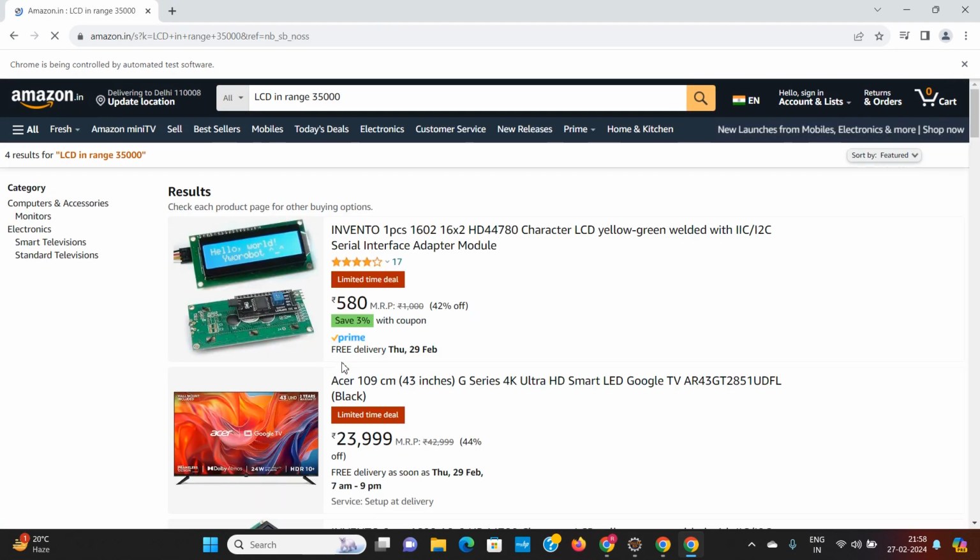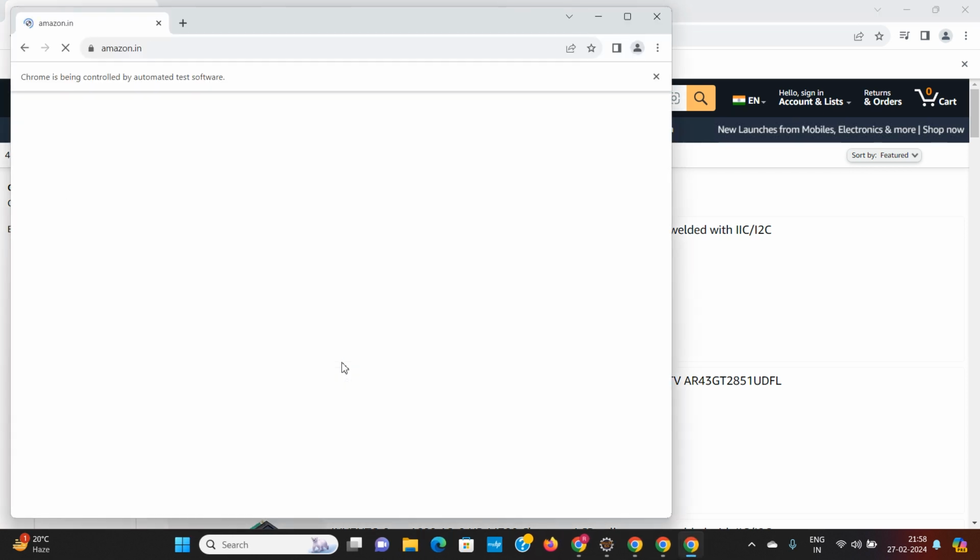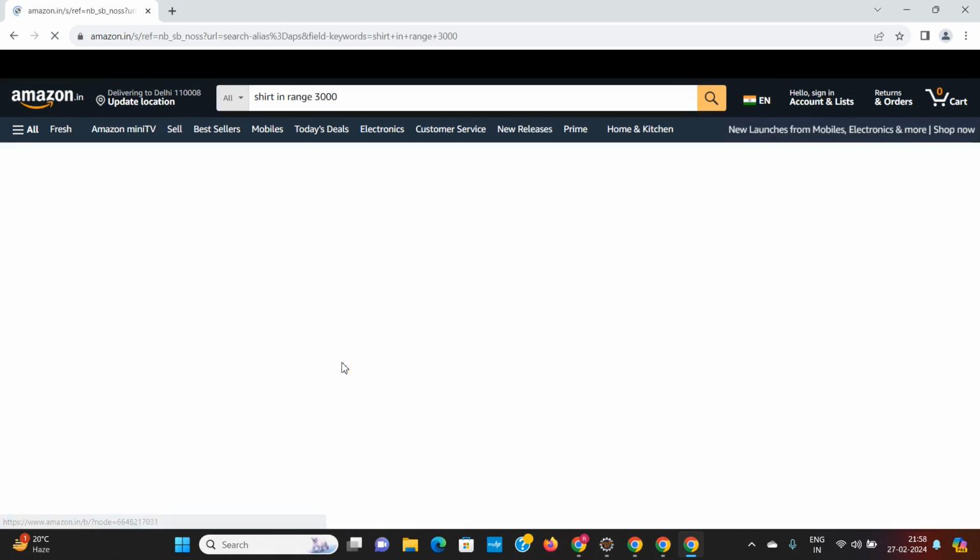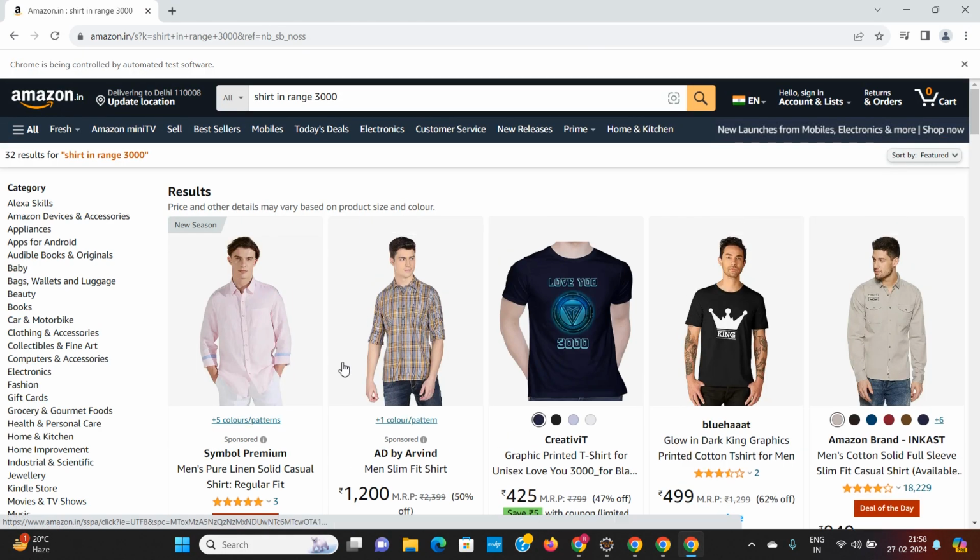Again, a second browser is opening up, and it is searching for LCD in range 35,000. And again, it is opening the third browser, and again, it is searching shirt in range 3,000.